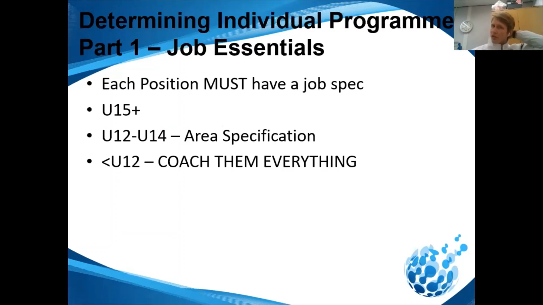All right, so the first one is determining the individual program, but looking more around the job essentials. In my opinion, every position must have a job spec. I'm very fortunate to have learned this from Chris Ramsey here at QPR, but it makes complete sense. You go to your day job and you have a job spec, something that you have to do to fulfill your job. When we say to someone you're going to play in midfield, we expect them to be able to do